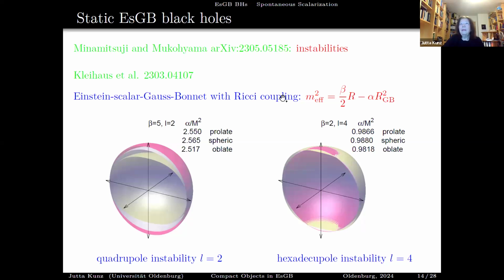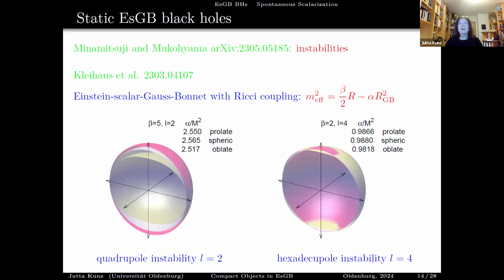Something very funny: we added also another piece here that was suggested by the group in Nottingham and investigated by them. They also showed that when you take such a theory where you also couple with the same coupling function phi squared by 2 to the Ricci scalar with a new coupling constant, then you have the static spherically symmetric black holes, and they are really stable.